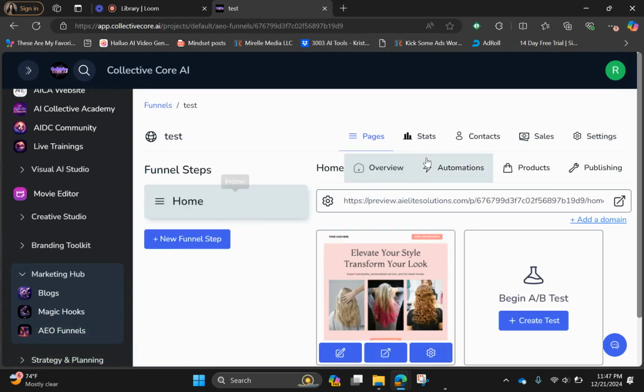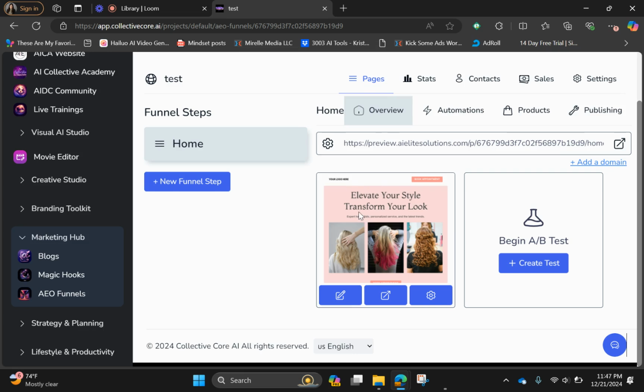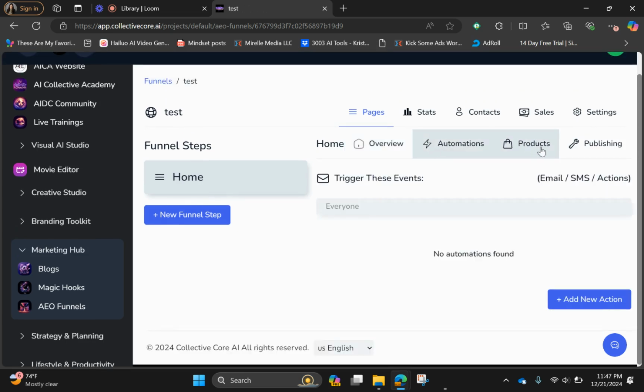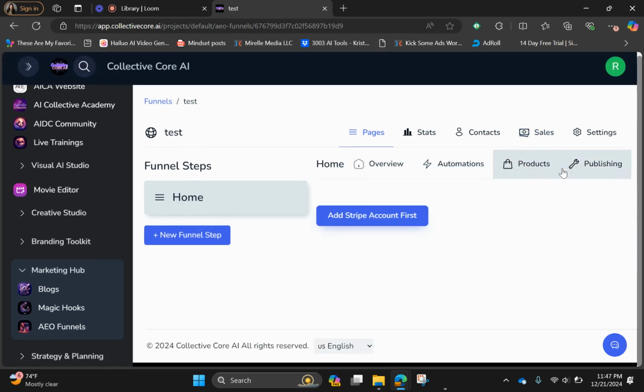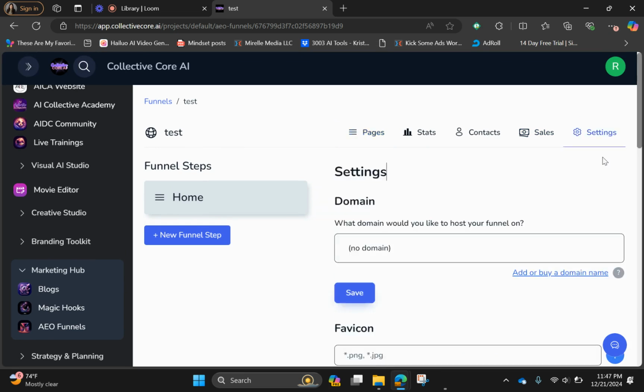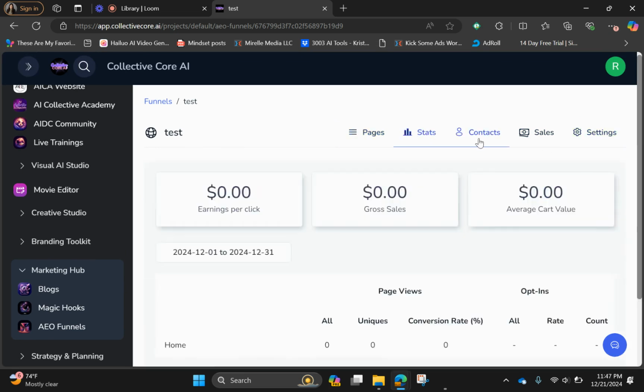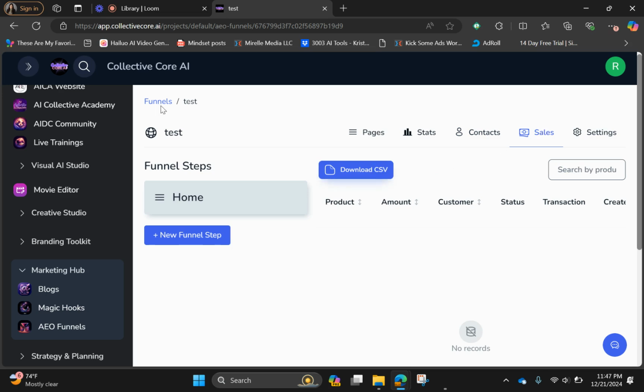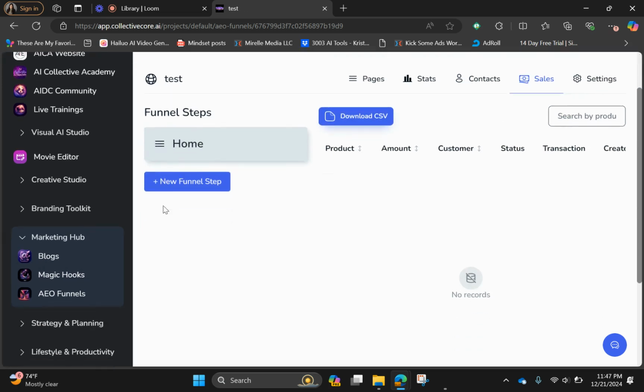Okay. See, and this is how it looks on the back end. Okay. And you could set up automations. You can add Stripe account, products, publishing, settings. You have stats, you have contacts, you have sales. So it's like a whole full funnel that's built for you.